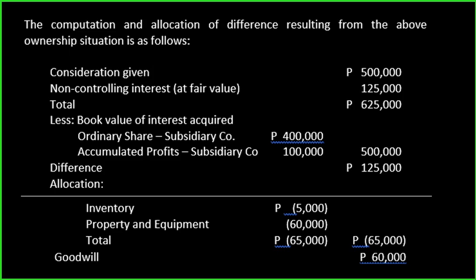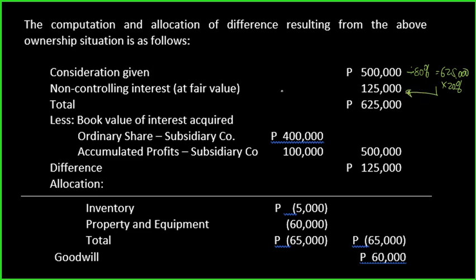Let's continue. Consideration received, 500, and the fair market value of the non-controlling interest at fair value. This is under the assumption that we are using the full goodwill. So, paano po siya na-compute? If the parent is willing to pay 500,000 for 80%, so we simply divide this by 80% and you will get 625,000. And what is 20% of 625,000? You get